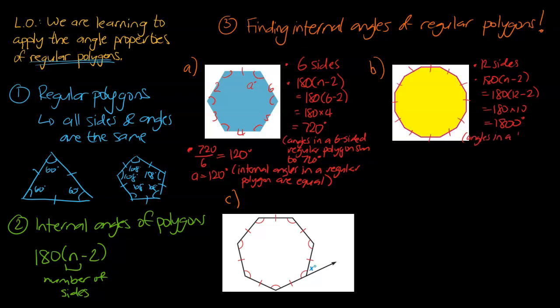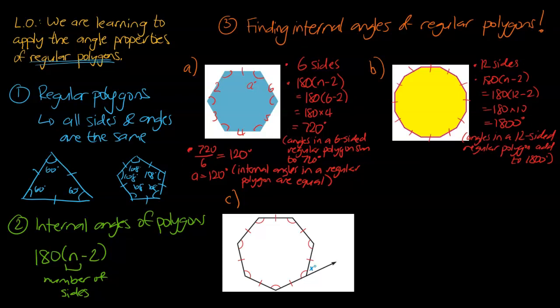Angles in a 12-sided regular polygon add to 1800 degrees. So once we've done that, like our first question, we're going to divide that 1800 into